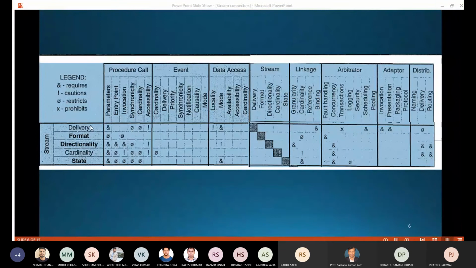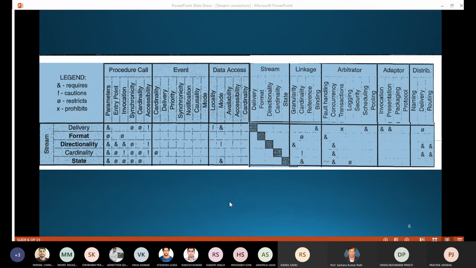And finally the state. Sorry, I haven't discussed the state parameter in the last slides. So what is state? State is the state of your connectors, meaning is it stateless or stateful? As we know, stateless is when the server does not require sessions, and stateful is a tightly bound session, meaning server and clients are tightly bound. Whenever a client joins a server, only then will the server start; otherwise the server will not start.